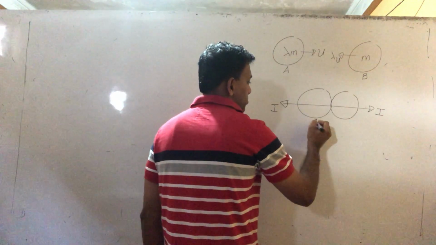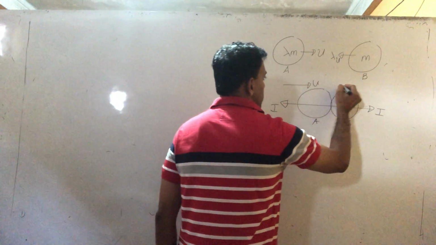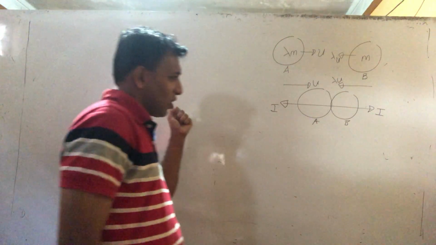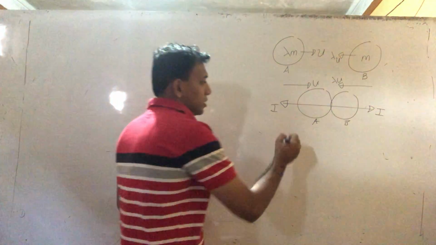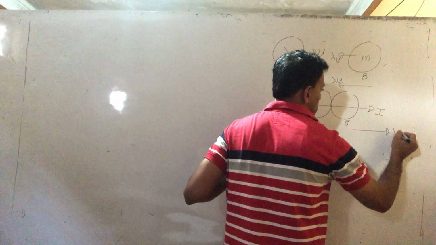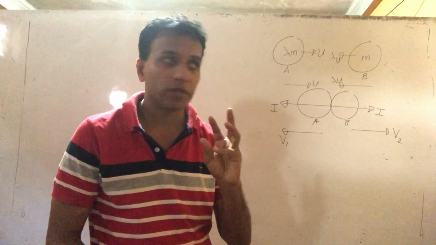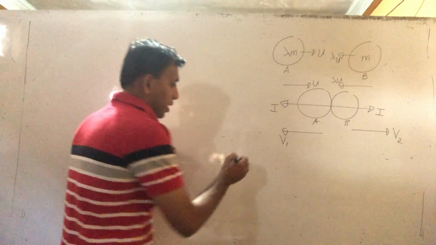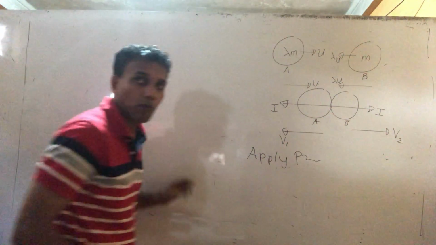This is A, here B. This moved with u initially. This is lambda u. So I mark the velocities; wherever you can mark the velocity, no problem. I mark here V1, and this is moving after collision with velocity V2. In this case we use two things: the principle of momentum and Newton's restitution law. So if I apply the principle of momentum,